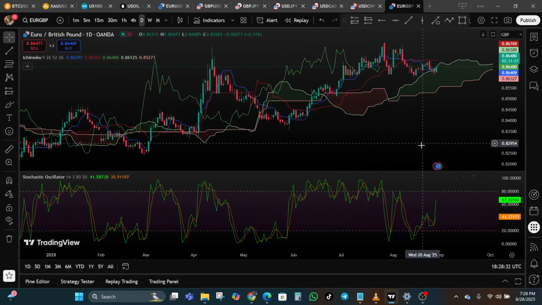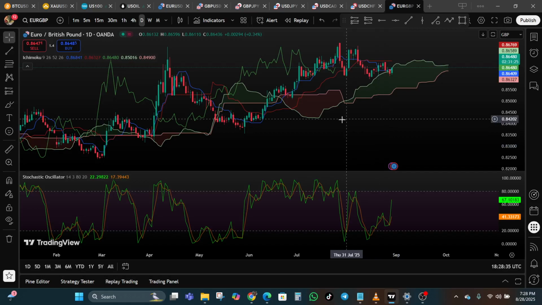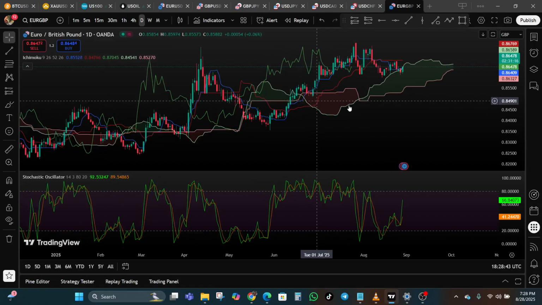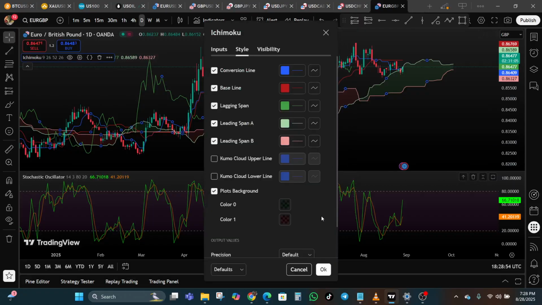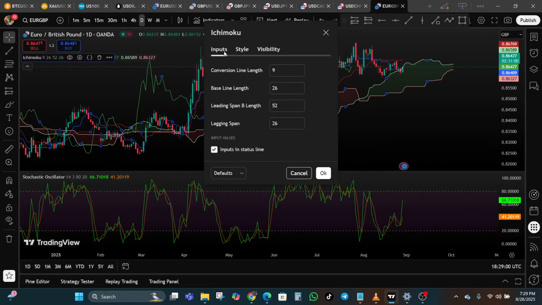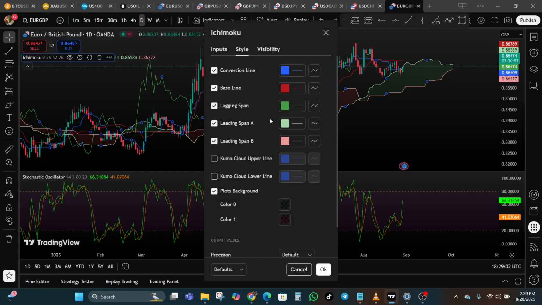Okay. Now, talking about the Ichimoku Cloud, right? The Ichimoku Cloud, on the other hand, is a complete trend following system. Now, the cloud itself shows support and resistance, while the Tenkan and Kijun lines, if you look close, let us just go to the settings real quick, okay, so that you can understand this properly. Okay, so you would say that the Ichimoku is divided, it has several components. Okay, you can see the conversion line, the baseline, the lagging span, leading span A, leading span B. All right, let us display